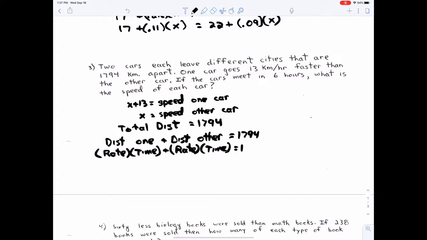Okay, so let's fill in what we can. The rate of the one car is X plus 13, and its time is 6. The rate of the other car is just X, and its time is 6. Now, let me point out something. At this point, you'd finish it off. But I just want to point out,